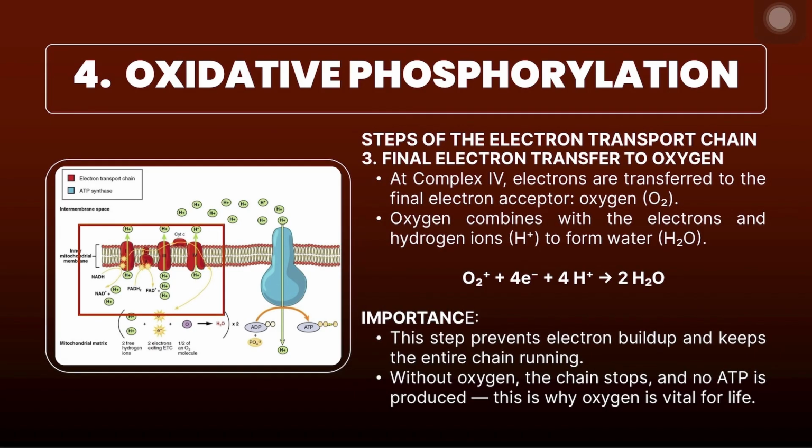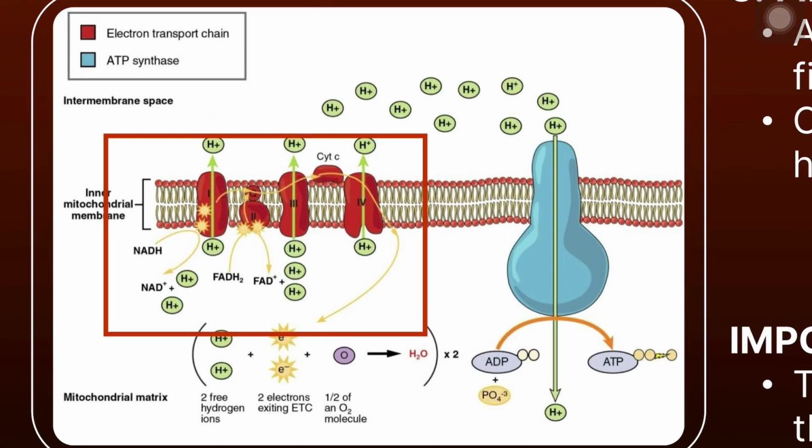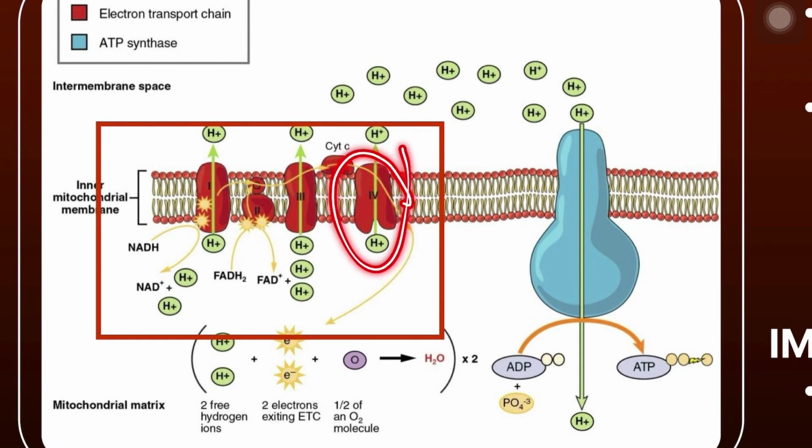So for the final step of the electron transport chain, at the end of the chain, electrons will reach complex 4, or again the cytochrome C oxidase. Here, the electrons are finally transferred to oxygen, and again, oxygen is the final electron acceptor. So here, the oxygen will combine with electrons and hydrogen ions in order to form water. And it is formed through the reaction, which is the